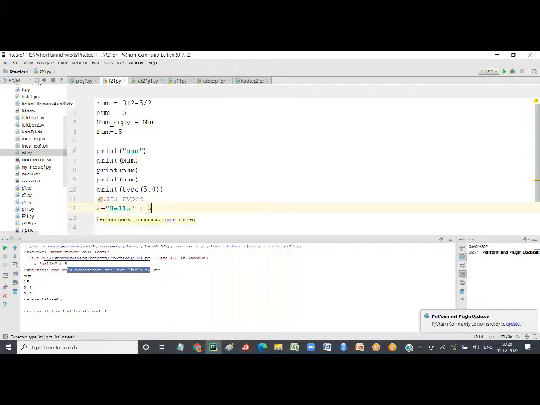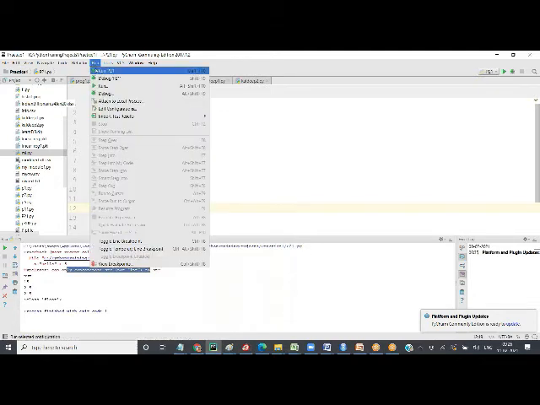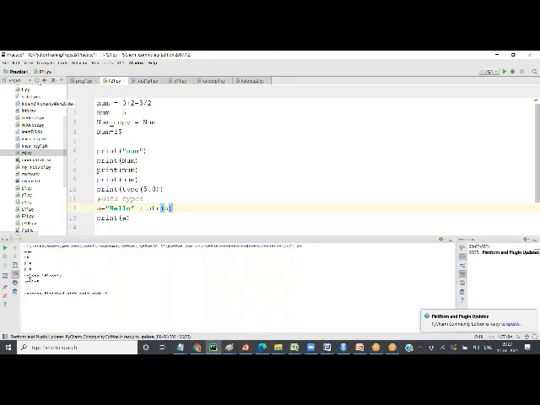So what happens if we want to add 5? You have to convert it into a string, and we have a function called str. When you say str of, it can convert anything to a string. Str is the third function we are going to see. Str of 5 will convert it into a string. So now when I run it, you see, it gives me hello 5. The number 5 is numeric, but we are converting it into a string. This is called explicit conversion. Explicit conversion means we are forcing 5 to get converted into a string.